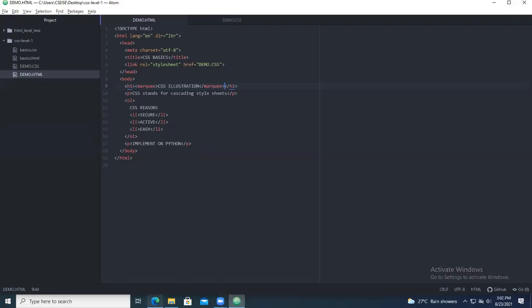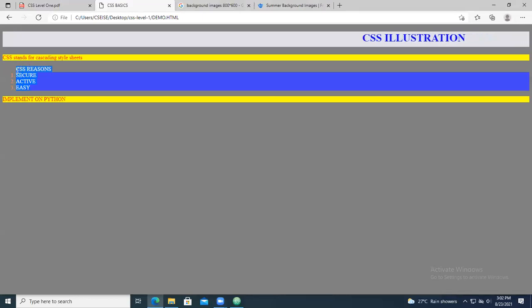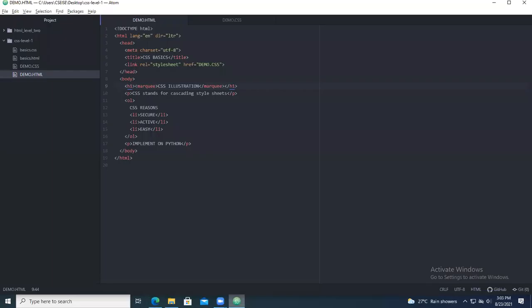So from which part am I going to make it? Keep in your mind the CSS reasons. These 3 reasons I am taking as div. Okay, so it should be inside one division. So CSS reasons. Now before you open, you give div.